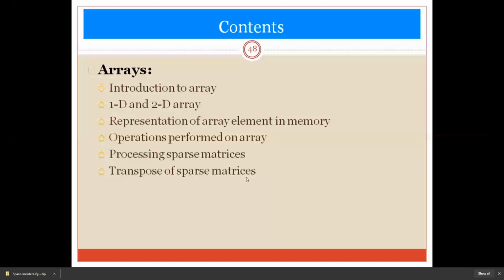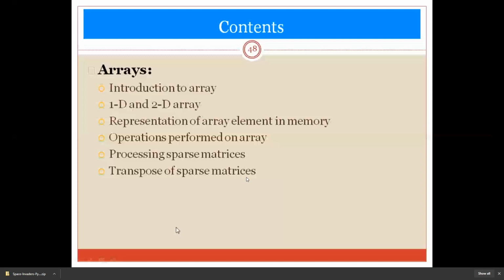From that, array introduction, one dimension array, two dimension array, how arrays are represented in memory, and the basic operations you perform on an array, like inserting an element, deleting an element, and so on. We are familiar with the first 4 points: what is an array, 1D, 2D, memory organization of an array, and the operations we are performing.